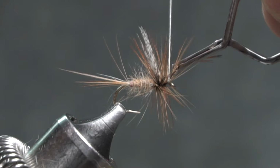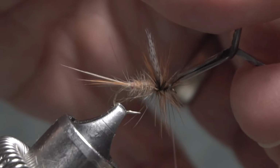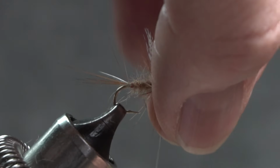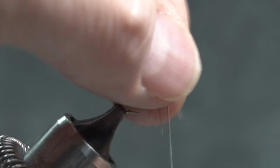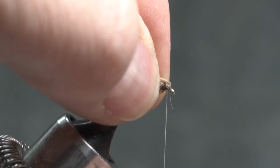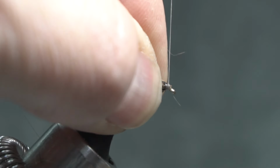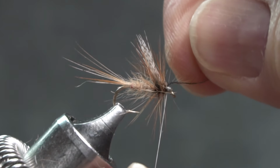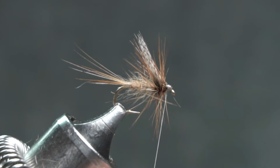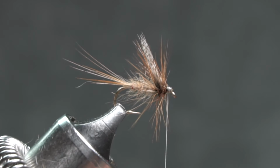Just wrap up over that tip of that feather 3 times to catch it in. I'm going to pull back. I don't want to wrap back on the hackle, but I do want to pull it back off of the eye. Helps if I wet my fingers a little bit, and then just wrap up over that tip to catch it in, and then I'll grab that tip out of there, snap it out. I've got one fiber in here, one hackle barb that I'm going to clip out. Keep the eye clean,